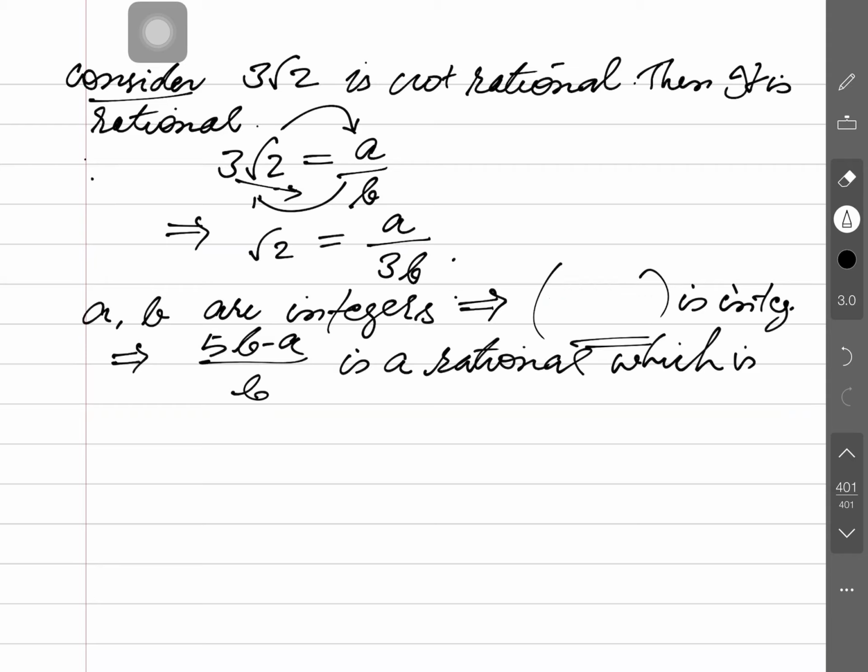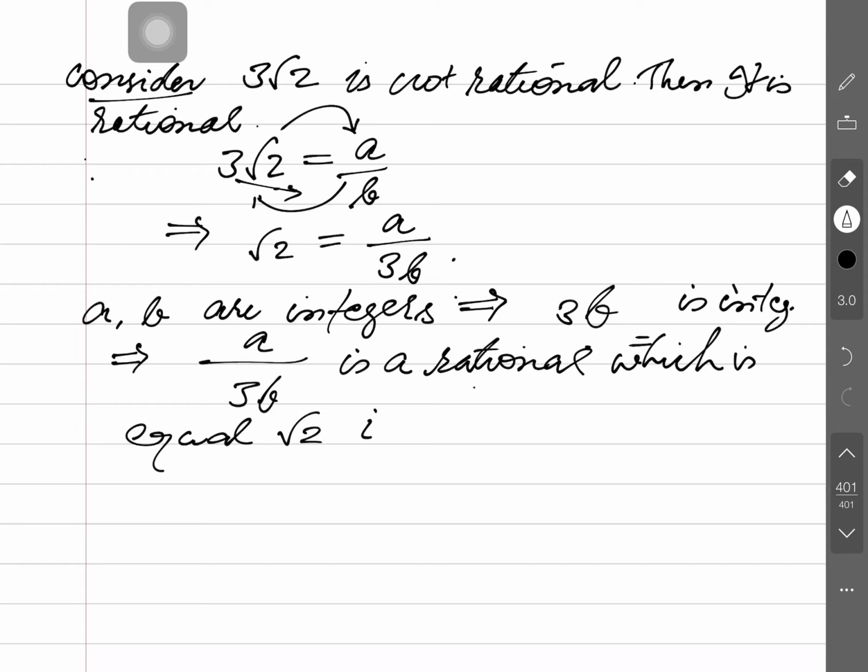What is next? a and b are integers, so 3b is an integer. 3b is an integer implies that a by 3b is rational, which is equal to